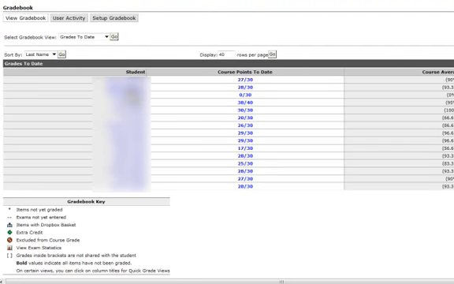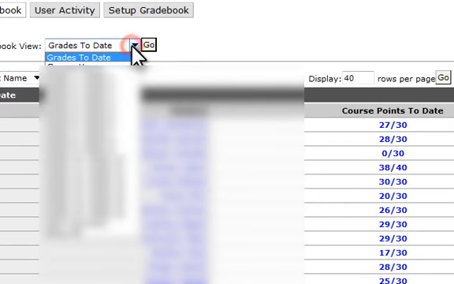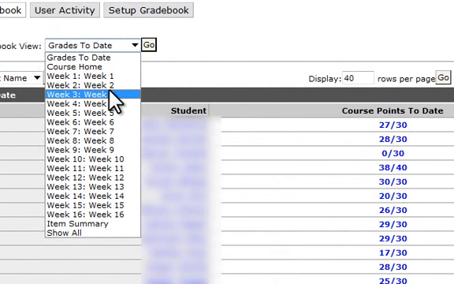But there's a much easier way to do this if you want to go through and enter every student's grade all at the same time, a much more efficient way. If you go up to Select Gradebook View, you'll notice that we're defaulting to grades to date, so that's what this view is. If you click on that, you can choose any number of units, which I have labeled as week 1, 2, 3, 4. These are actually units. You can choose the course home, and it'll just show you grades and assignments from those